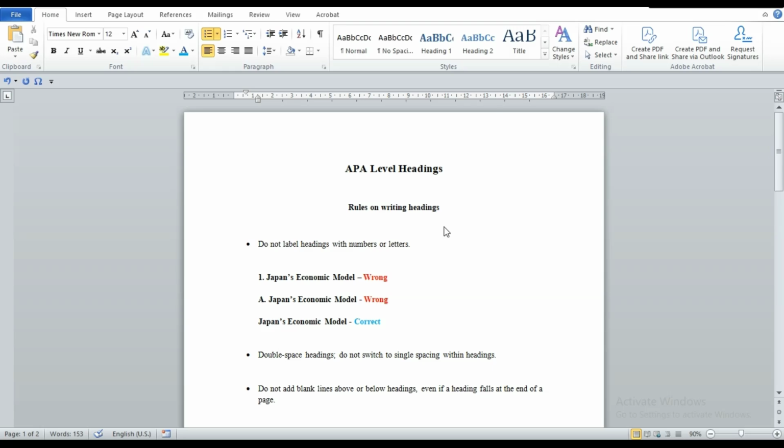Today we are going to go through a few things on how to write APA headings, how to format them, and a few rules on what you're supposed to do and what you're not supposed to do. That's basically what we're going to go through in this tutorial. To begin with, as you can see on your screen, we have a few rules on writing headings in